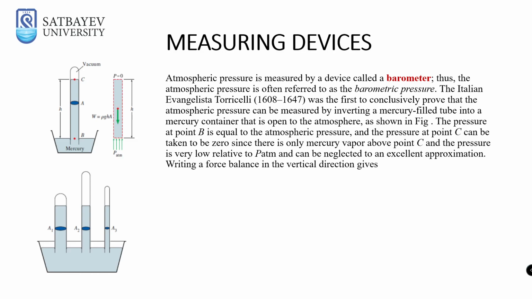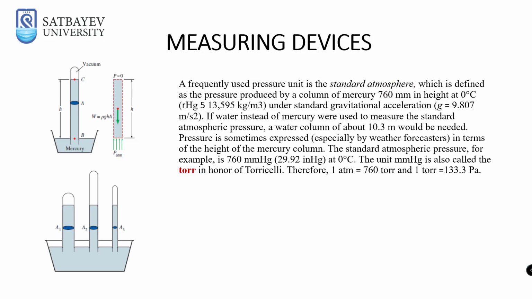The pressure at point B is equal to the atmospheric pressure, and the pressure at point C can be taken to be zero, since there is only mercury vapor above point C, and the pressure is very low relative to P atmospheric and can be neglected to an excellent approximation. Writing a force balance in the vertical direction gives